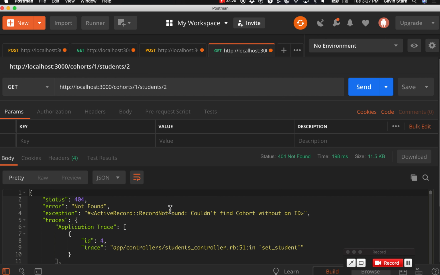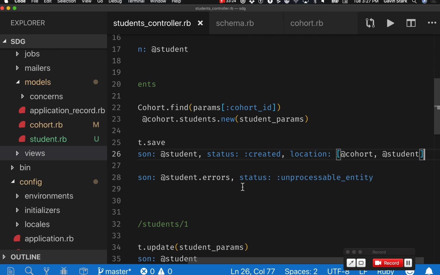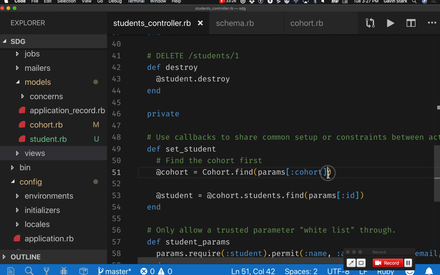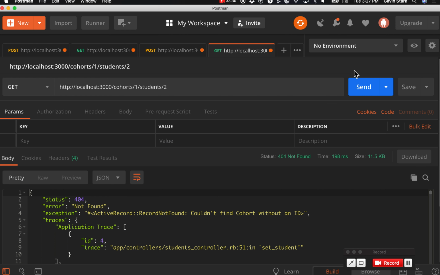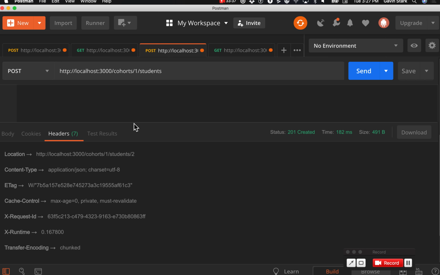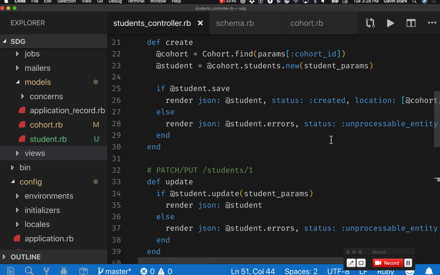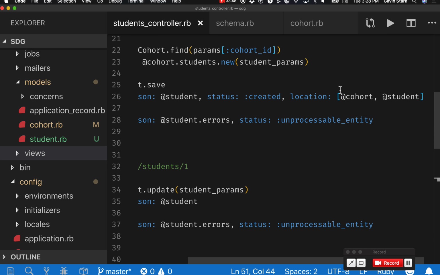Why did it say cannot find a cohort, find an ID? Oh, because I have another typo here. Cohort ID. Too many cohorts and too many typos. There we go. Right? So what it's trying to do is tell me in the headers, where does that location live? It's part of what Rails automatically generates. And anytime we have this location, we have to say first the cohort, then the student, because student is nested